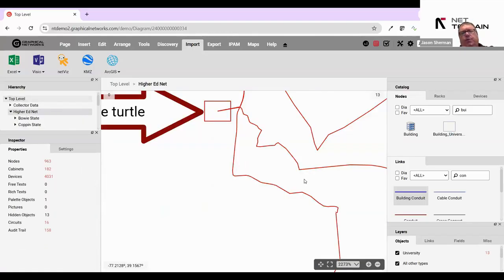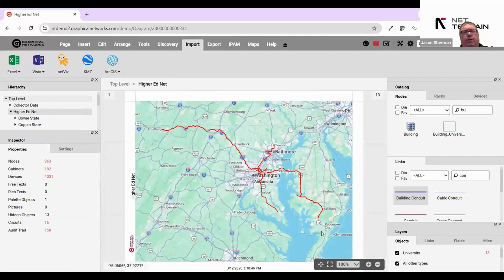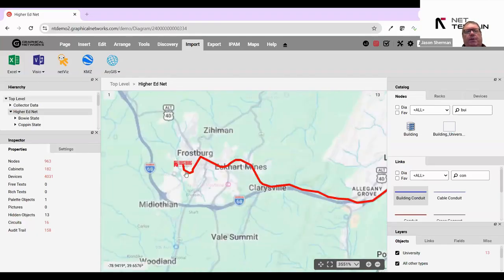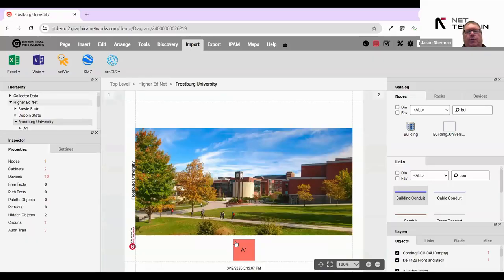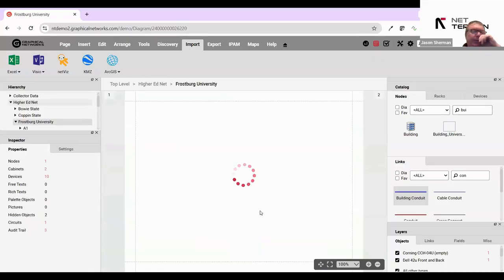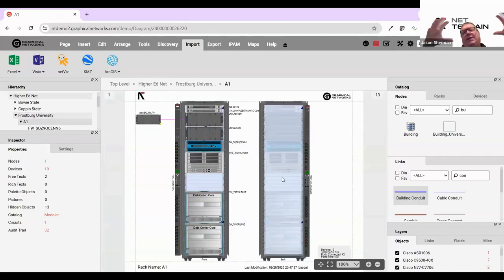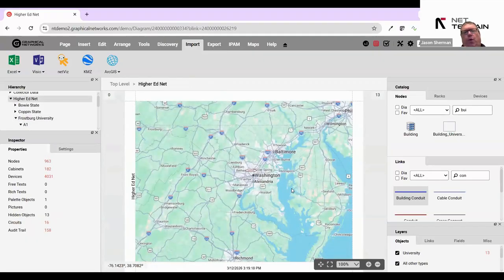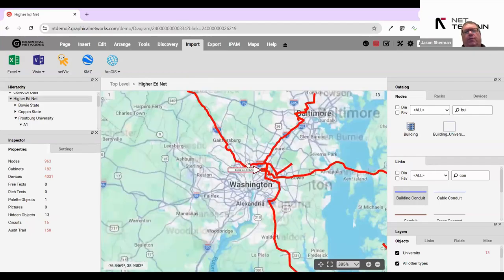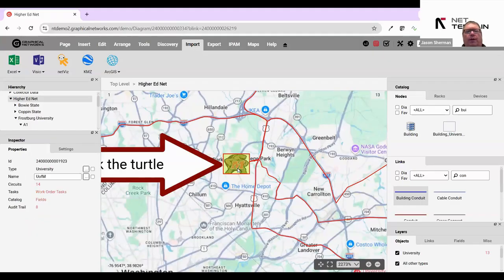What I mean by that is, let me jump into a larger example here, right? Here I've got a big map of Maryland. You see a little bit of Pennsylvania and Delaware and so on, but all these, if you zoom in, you're going to see a bunch of endpoints, which are basically the different universities that I can drill into and go into cabinet level detail. So I'm interconnecting all these universities together, really through one primary campus, which is University of Maryland. But if I zoom in, all roads sort of lead back to here,